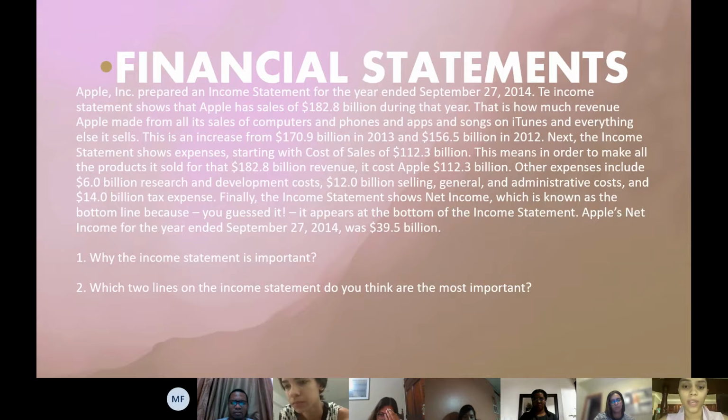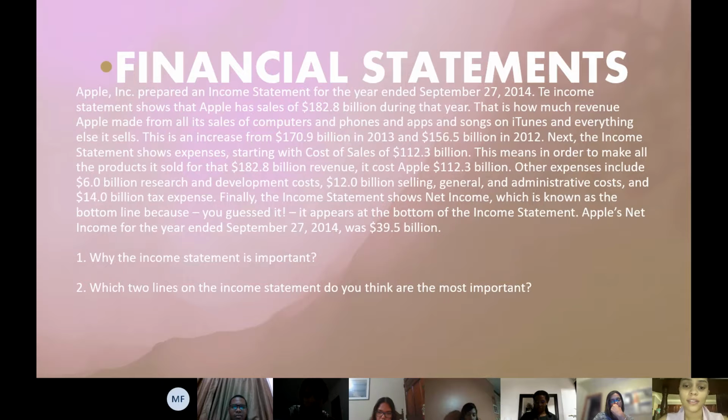This means that in order to make all the products it sold for that 182.8 billion revenue, it cost Apple 112.3 billion. Other expenses include 6 billion research and development costs, 12 billion selling, general and administrative costs, and a